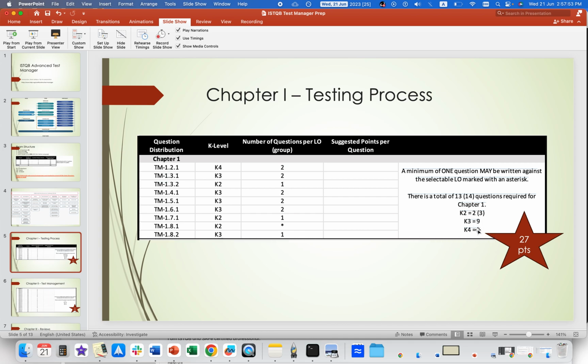If it is like 14 questions total for different K levels, and based on the weightage we have calculated the points. So we know how much we need to focus on each of the chapters, and what are the learning objectives and in which way we can learn them,